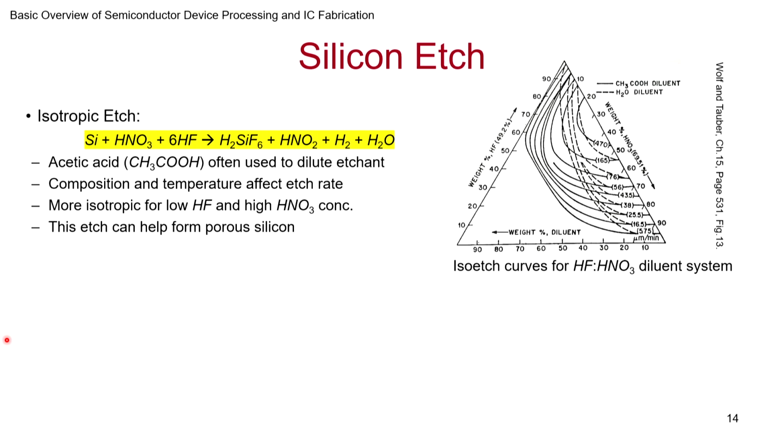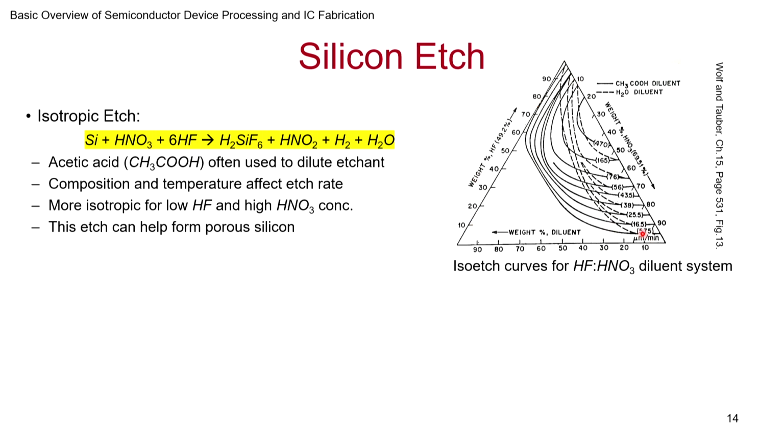One of the most popular methods of etching silicon would be to use nitric acid and HF mixture, and usually you have acetic acid also added to that. This is very interesting, and then you can increase the temperature, and according to the temperature the etch rates will change, and also the ratio of HNO3 to HF etch rate changes.